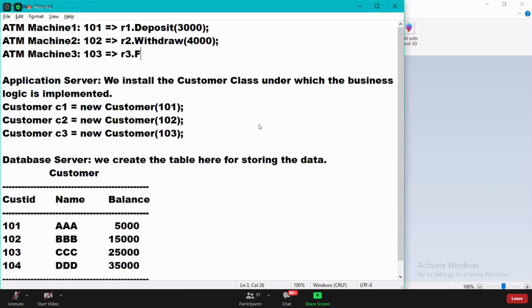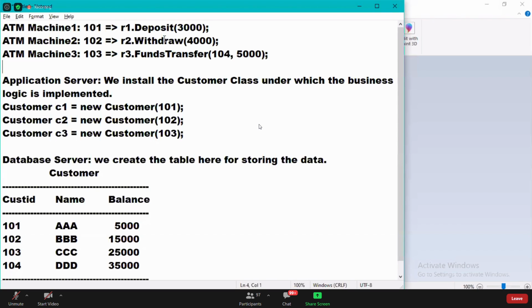The third one wants to perform a funds transfer, 104, 5,000. Under the click, there is a method, and under that method, this method is called. Like this, they will be calling the methods, and on the buttons, these methods will be executed.